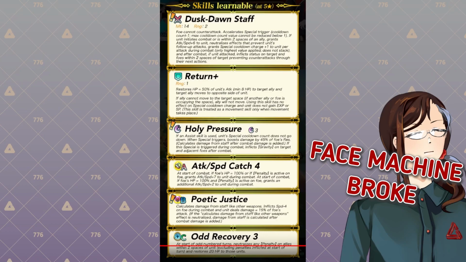In the A slot, attack speed catch 4, makes sense. In the B slot, Poetic Justice doesn't say much about whether it's inheritable. I was expecting it to be named something like Wrathful Staff 4, but Poetic Justice could be anything, really. I mean, it doesn't look like a PRF skill necessarily either, but anyway, what it does is it calculates damage from staff like other weapons, inflicts speed -4 on foe during combat, and unit deals damage equal to 15% of foe's attack. If the calculates damage from staff like other weapons effect is neutralized, damage from staff is calculated after combat damage is added. I still don't know exactly what that entails, but